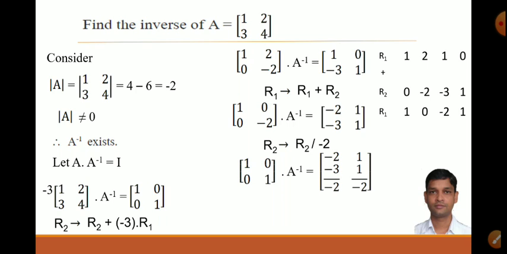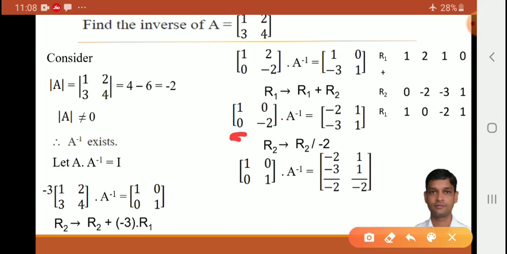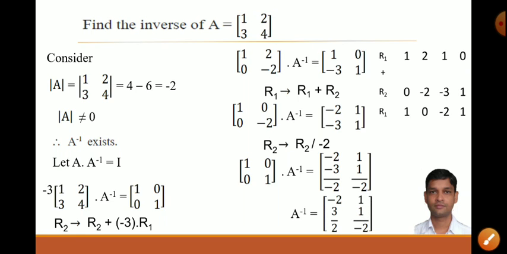See, so 1 0 0 1. Here the first element divided by -2 will get 0. -2 upon -2 is 1. -3 upon -2, 1 upon -2. Okay, we divided everything by -2. Now see here, this minus minus, numerator and denominator, minus becomes plus. So we can write this is identity now.